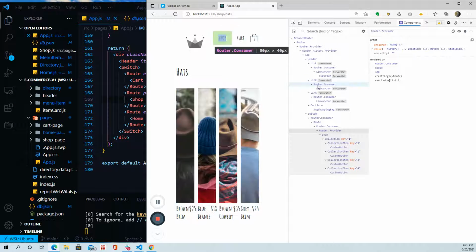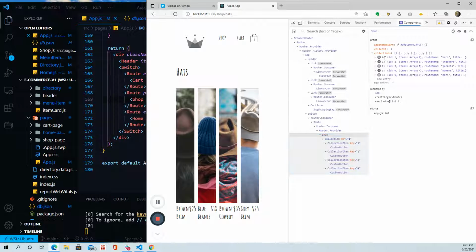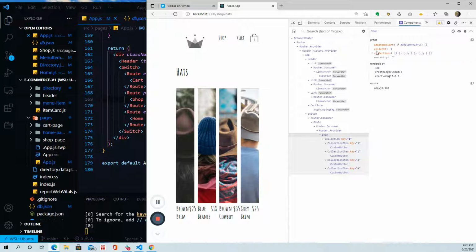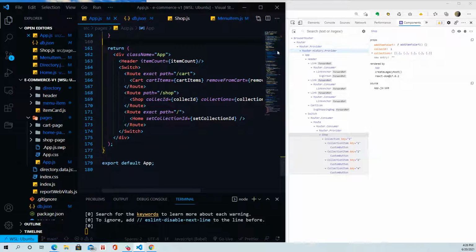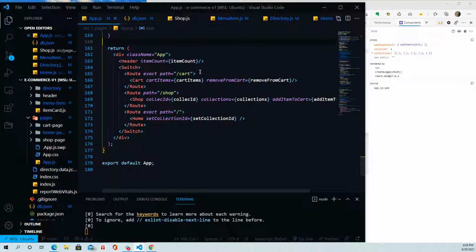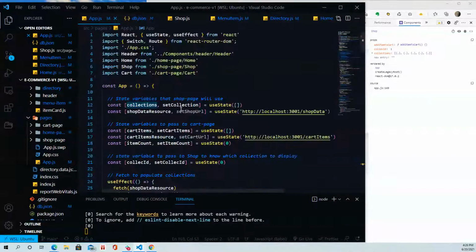Now, right here, if I look at it, the collection ID is 1, and if we look at collection 1, that is hats. Very well. Going back to the code, we can take a look at the app. So shop takes a collection ID to know which collection is supposed to render. It takes collections, which is all the collections that live here in state, and